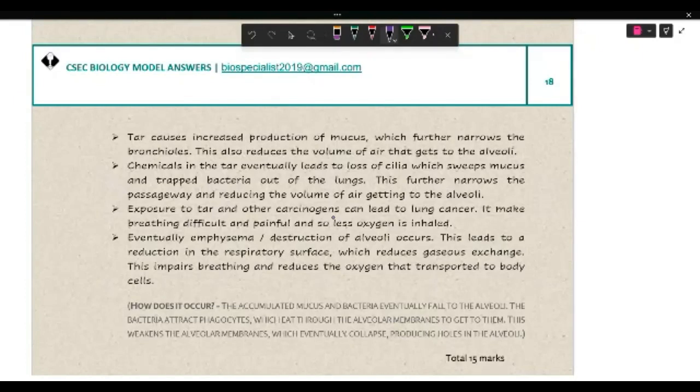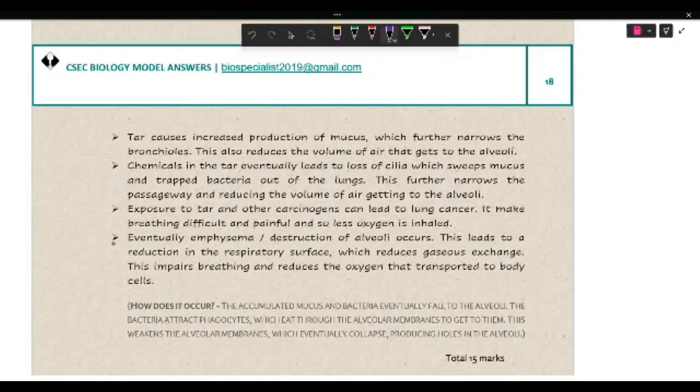Because if breathing is painful and difficult, I'm not going to be able to take a deep breath and bring as much air as possible into my lungs. My breathing is going to be shallow, right? Okay. And then we have, I shouldn't say end game, but definitely one of the latter stages of lung